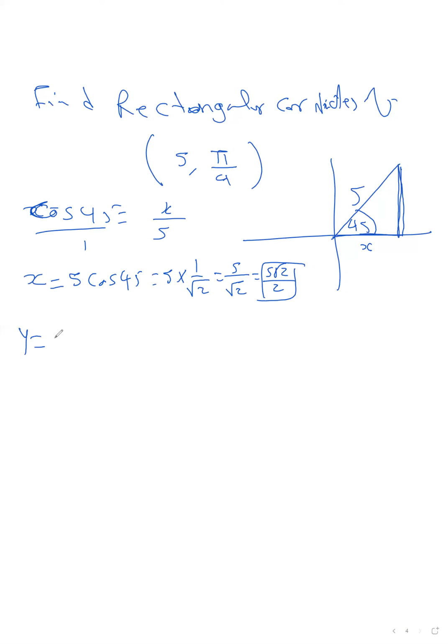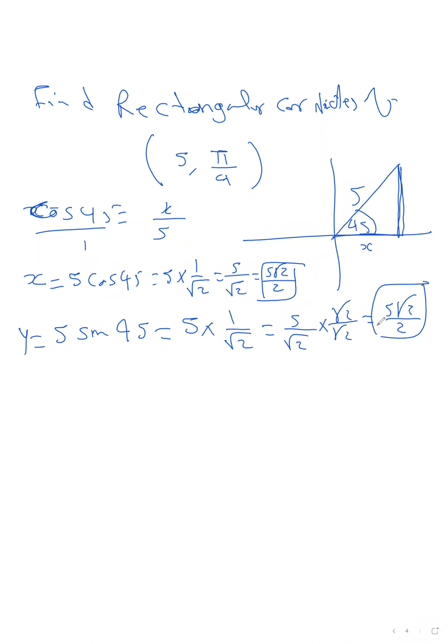And y also will be 5 sine 45, which is 5 times 1 over root 2، يعني 5 root 2 over 2. يعني الفيكتور A هيبقى 5 root 2 over 2 and 5 root 2 over 2. اوكي